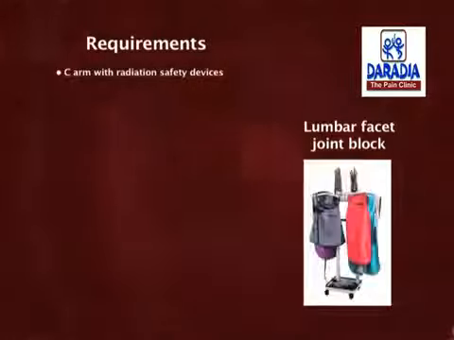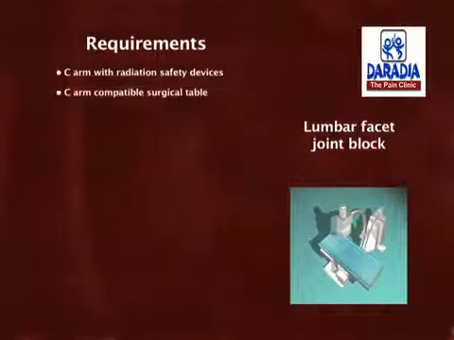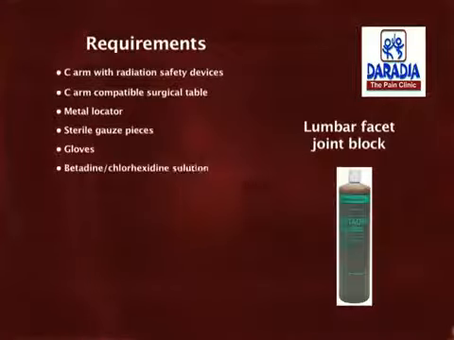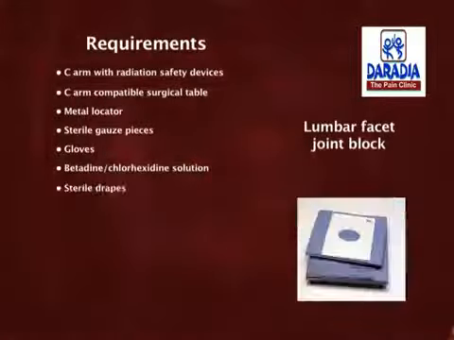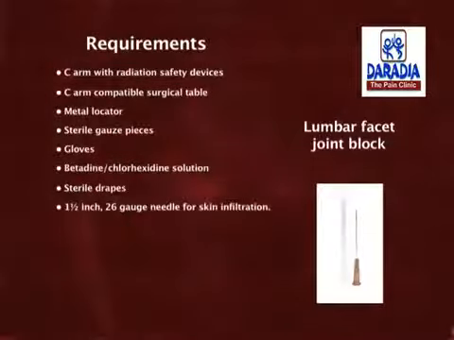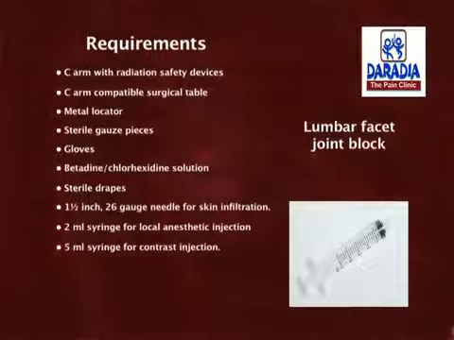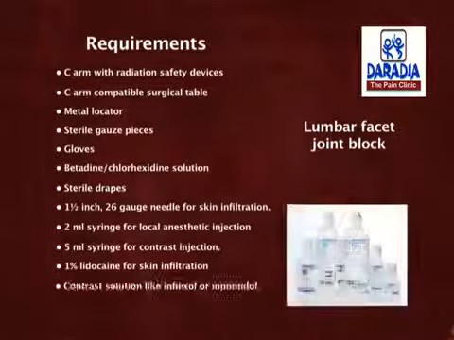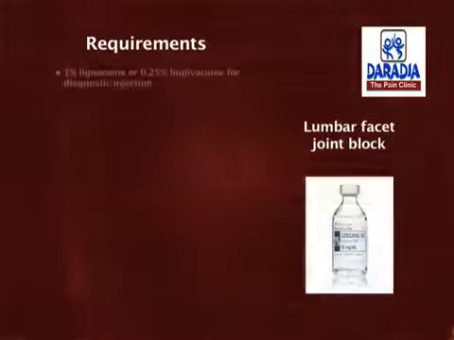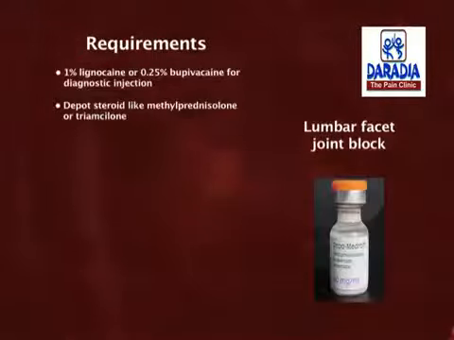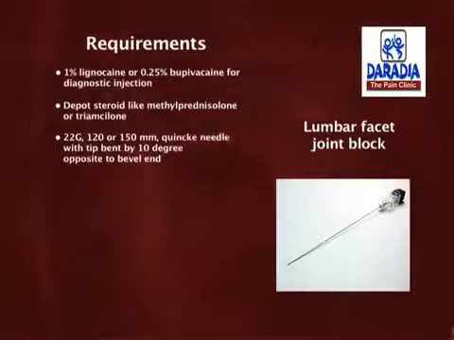Check for the availability of the following materials before you take the patient inside the procedure room. Check for C-arm with radiation safety device, C-arm compatible surgical table, metal locator, sterile gauze pieces, gloves according to the performer, betadine or chlorhexidine solution for skin preparation, sterile drapes, 1.5 inch 26 gauge needle for skin infiltration, 2 ml syringe for local anesthetic injection, 5 ml syringe for contrast injection, 1% lidocaine for skin infiltration, contrast solution like iohexol or iopamidol, 1% lidocaine or 0.25% bupivacaine for diagnostic injection, depot steroids like methylprednisolone or triamcinolone, 22 gauge, 88 or 100 mm Quincke needle with the needle tip bent by 10 degrees opposite to the bevel end, low volume extension tubing